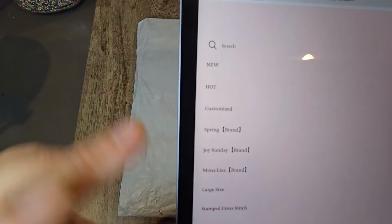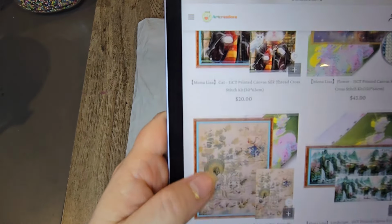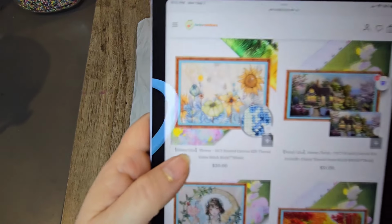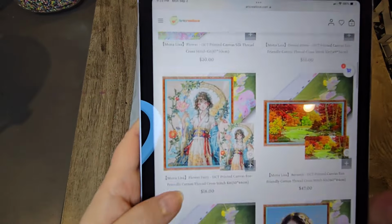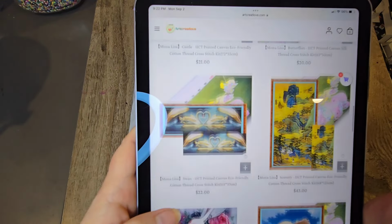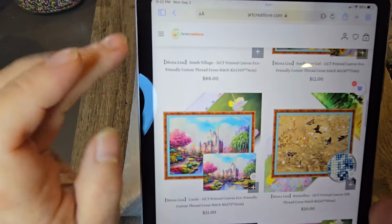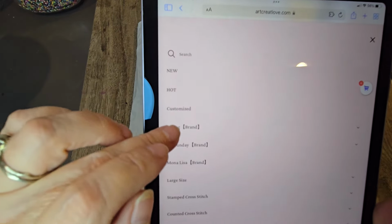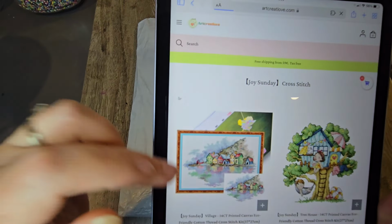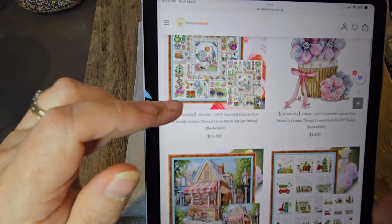But Mona Lisa is the brand that usually has a lot of really big ones, and they are the brand that does the silk threads, or silky threads I should say. They're not real silk, but they are very shiny and very silky. So that's Mona Lisa. And then we have Joy Sunday, which a lot of these are a little bit smaller,